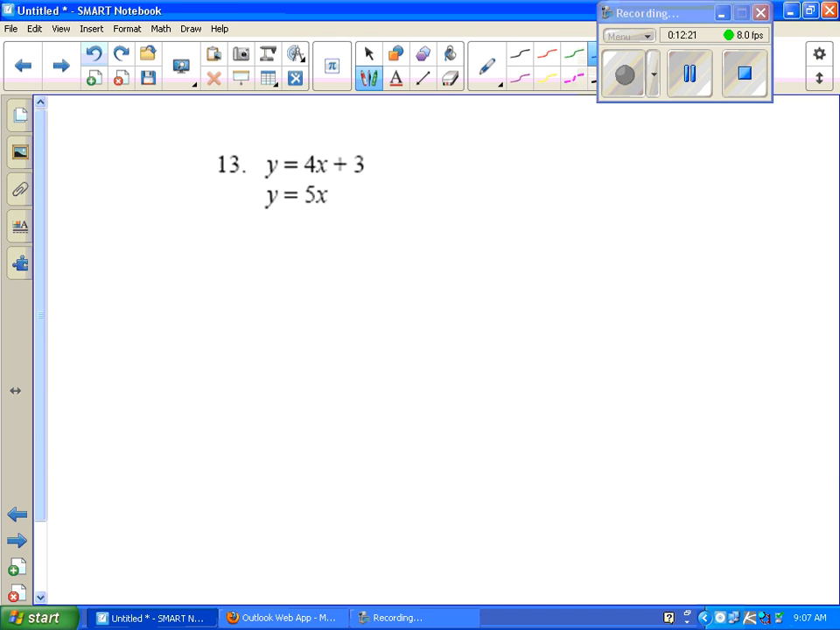A little bit of a shorter problem here. y equals 4x plus 3 is your first equation. And y equals 5x is your second one. Easier to take the shorter or the smaller value and put it into the longer equation, in my opinion. So take 5x and put it in place of y. So 5x